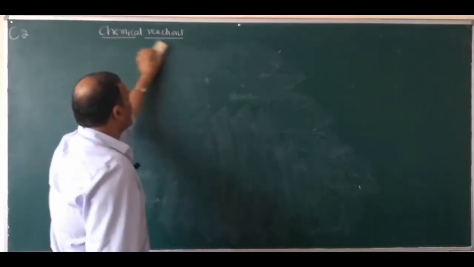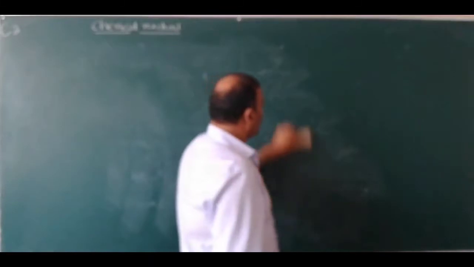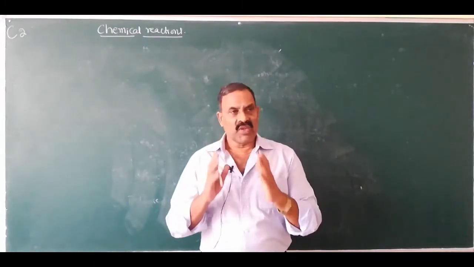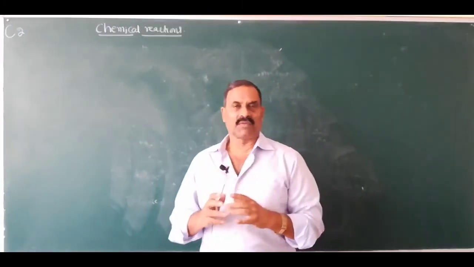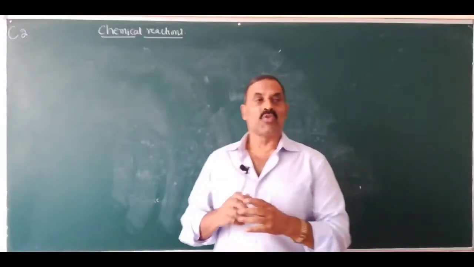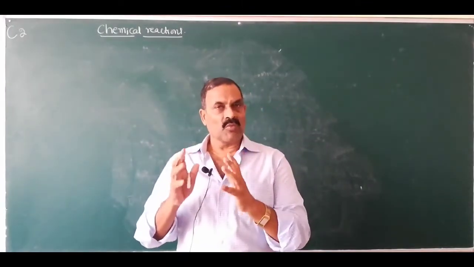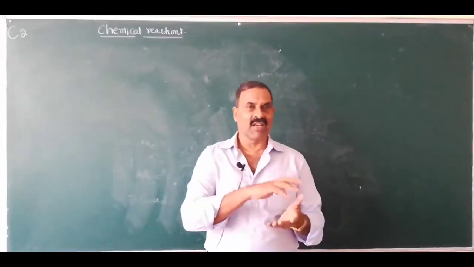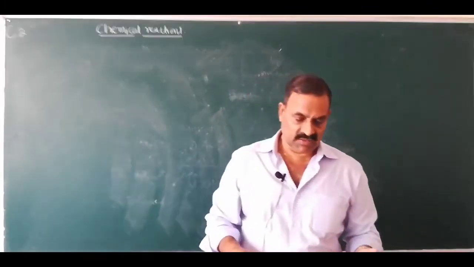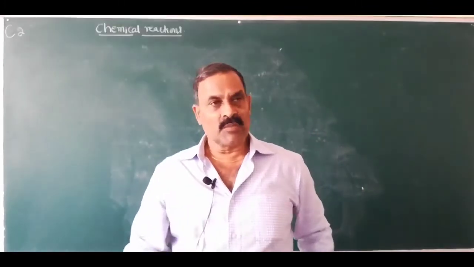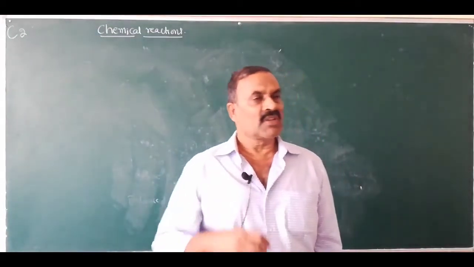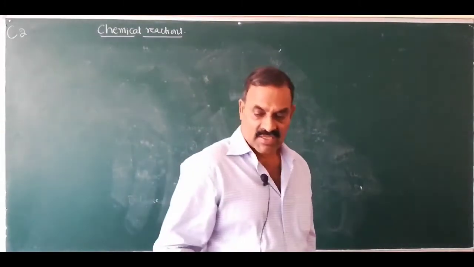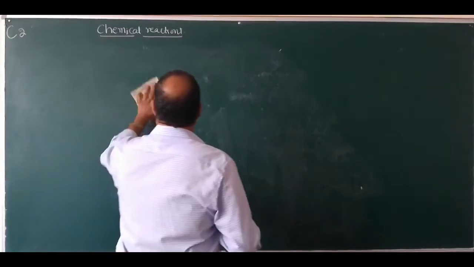So to write chemical equations, we need the formula of the compounds formed. To know the formula of the compounds formed, we have to know the formula of the cation and the formula of the anions. So I will give you the list of some of the formulae of cations and anions which we generally come across in our studies.